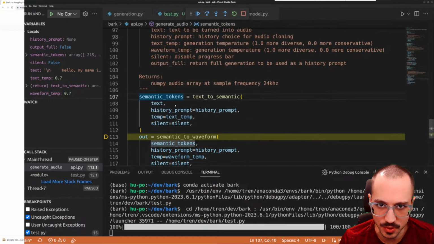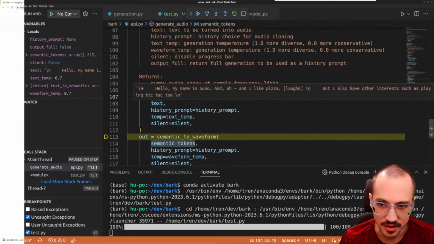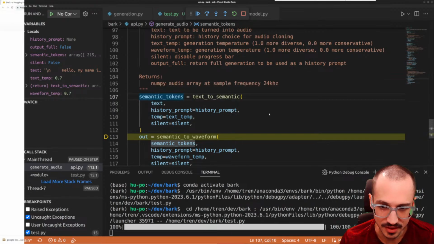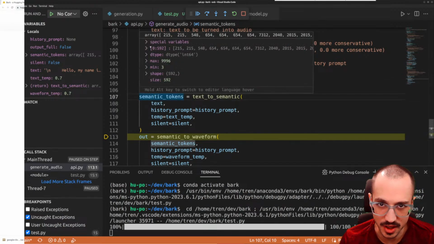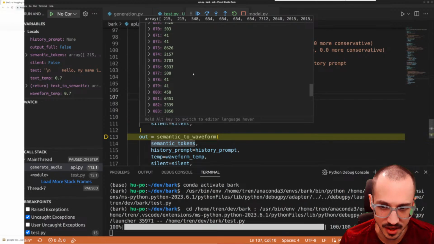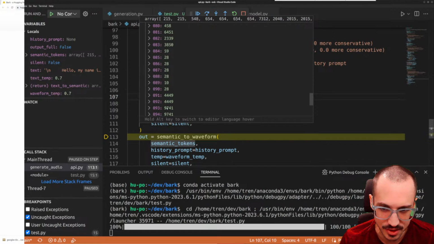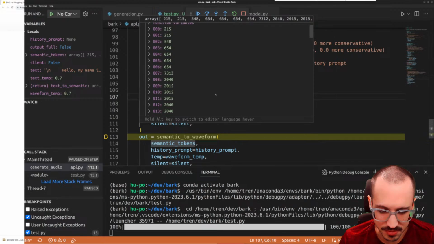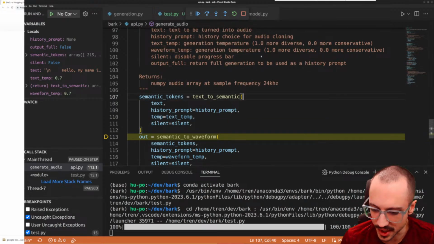So if we go back to our text, what are the first two things in this text? Space, space. Hello, my name is Suno. So probably 215 is a space, if I had to guess, in the dictionary. Right, but you can scroll, and the biggest number will roughly tell you how many tokens you have. The biggest number here is 9,741. So we know that the dictionary used for this tokenizer probably isn't bigger than